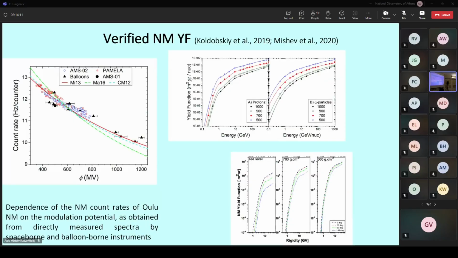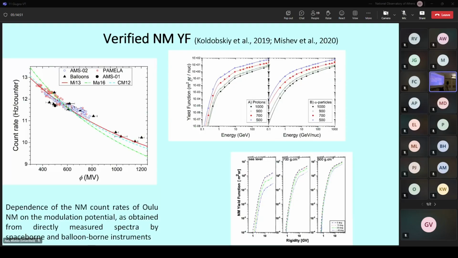An additional calibration was performed against the PAMELA and AMS measurements with this yield function, considering several neutron monitors and different modulation potentials. It is also compared with the Caballero-Lopez and Moraal function, and the Mangeard function, which is another function based on Monte Carlo simulations. You can see that the Oulu function is in much better agreement compared to